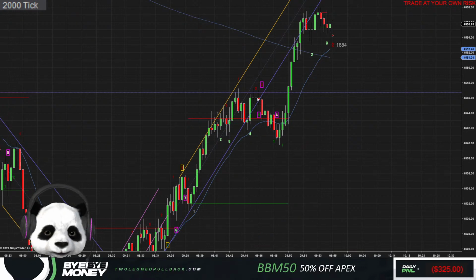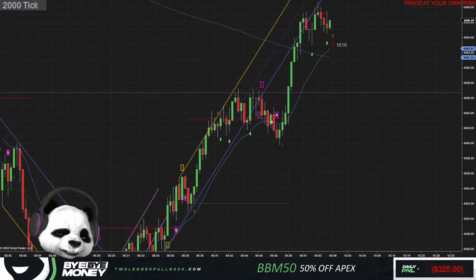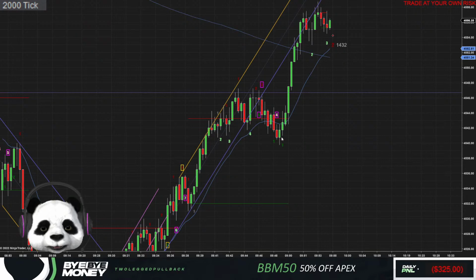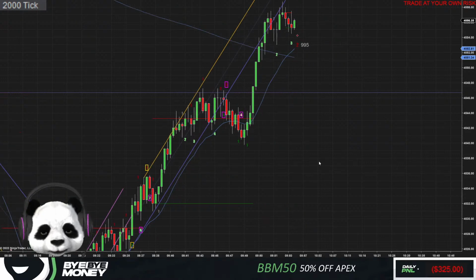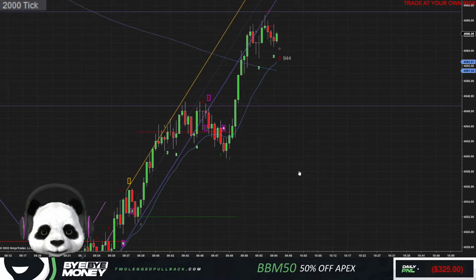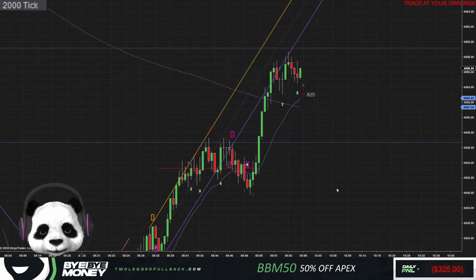Could be maybe some chop here. 1, 2, 3, 4 bars, kind of overlapping. But in my opinion, I was looking for a long trade to enter, and yeah, it just happens to work on the H4 instead of the two-legged pullback here. Some funky things happening with these candles here. Actually, no, this is fine.